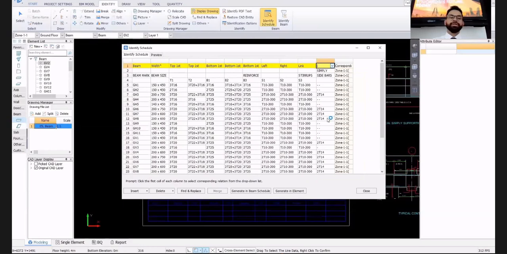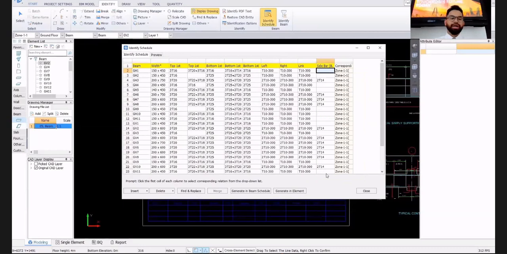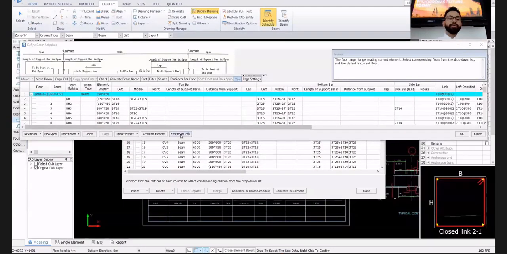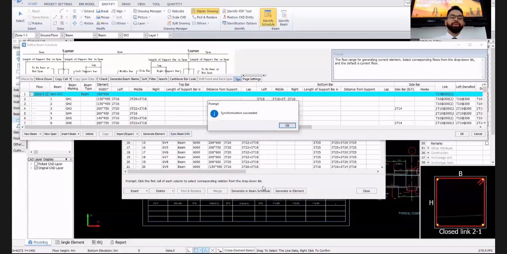So once that's been done, we can just proceed with identification by simply clicking on generate a BIM schedule. The software is going to identify all this information, and it will build up a BIM schedule within the software. So now we can see the details of different BIM rebars with regards to their calculations as well on the top. And then this whole setup can be synchronized to our BIM model. Now, as soon as we press the synchronization button, as you can see by pressing on generate BIM,